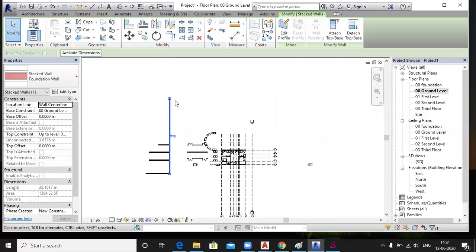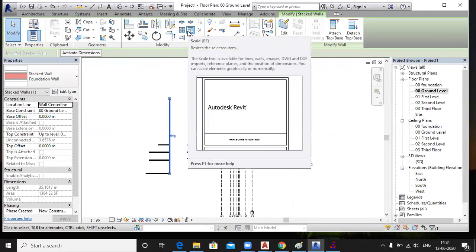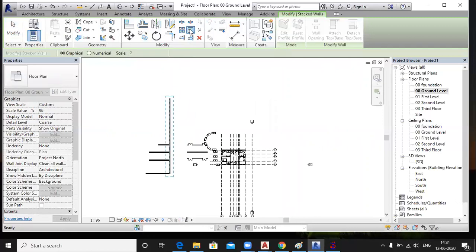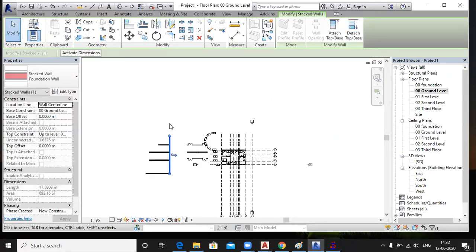The length will increase to twice. If you want to reduce the size of this wall to almost half, you again activate the same command, choose the numerical option, give the scale as 0.5 and specify the point. See, the length will be half.